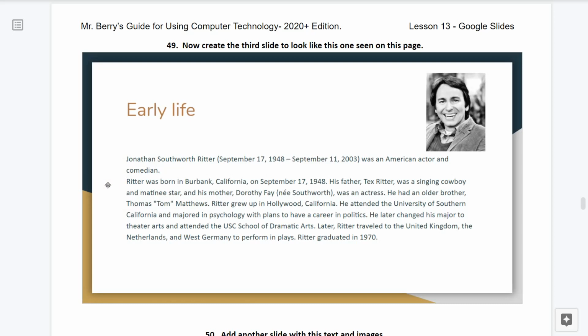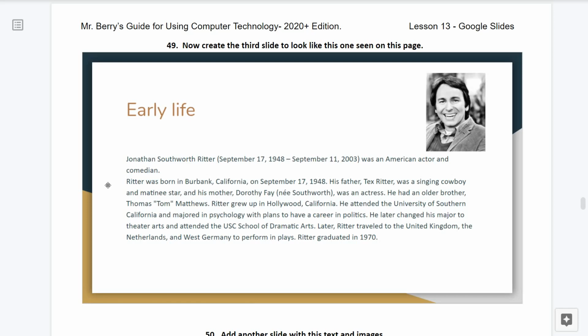Ritter was born in Burbank, California on September 17th, 1948. His father, Tex Ritter, was a singing cowboy and matinee star, and his mother, Dorothy Faye née Southworth, was an actress. He had an older brother, Thomas or Tom Matthews. Ritter grew up in Hollywood, California.